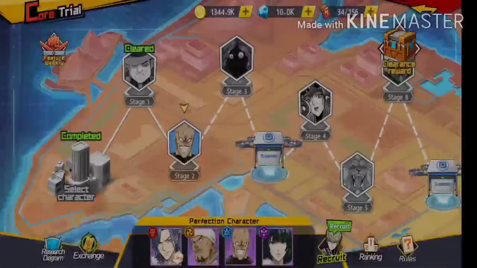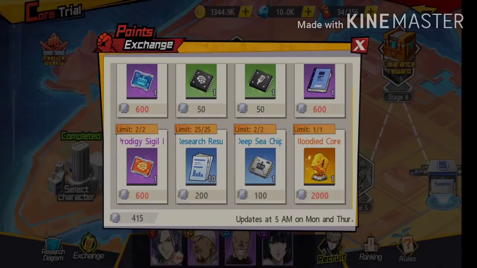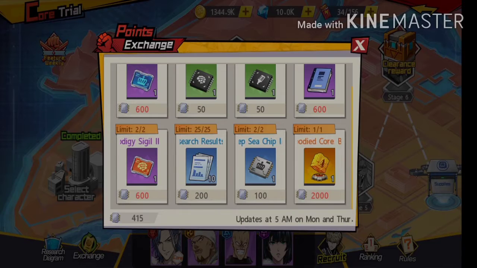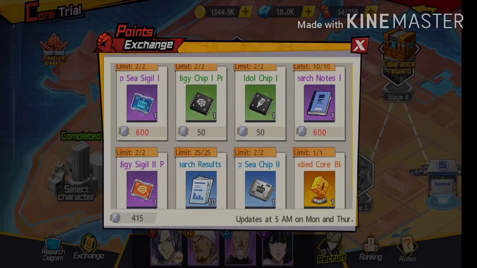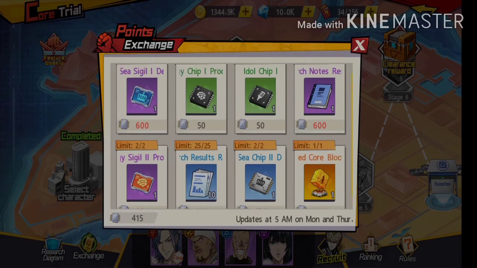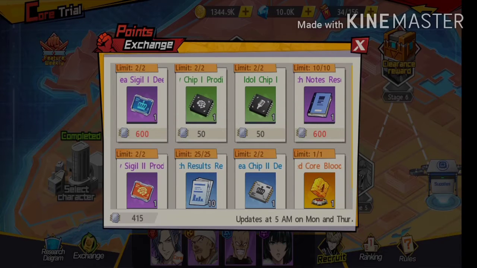So you really want to just keep on getting the bloodied core. And then afterwards, if you've got spare ones, it's up to you to decide if you want to buy others. I generally think it's no problem if you decided to not buy anything and then keep the perfection points for the next week. It doesn't really matter, because you're not gonna be able to level up the